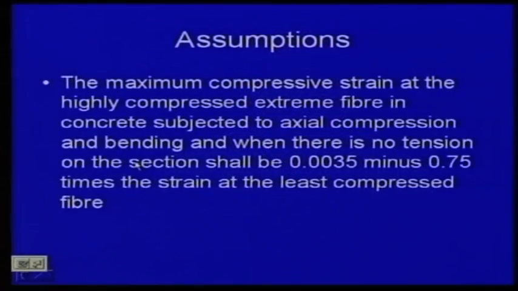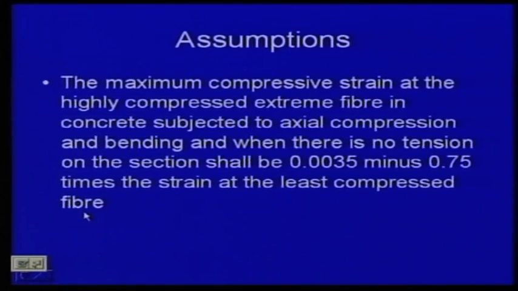So, let us start part 2 of design of columns. In the last class we stopped at the second assumption, specifically for compression members. It says the maximum compressive strain at the highly compressed extreme fiber in concrete subjected to axial compression and bending, and when there is no tension on the section, shall be 0.0035 minus 0.75 times the strain at the least compressed fiber. So, let us draw